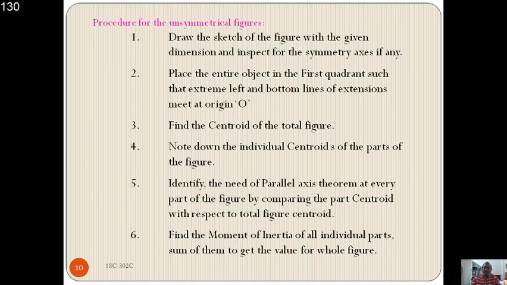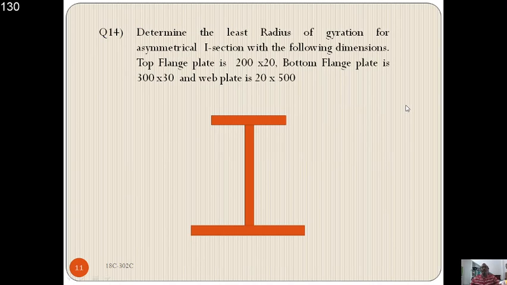That means y bar minus y1 gives d1, y bar minus y2 gives d2, y bar minus y3 gives d3, like that. Any number of parts, n parts, we have to find the dn squares. So keep them aside for the calculation of the moment of inertia using the parallel axis theorem, and summarize all the individual values. So using that procedure, let's find the